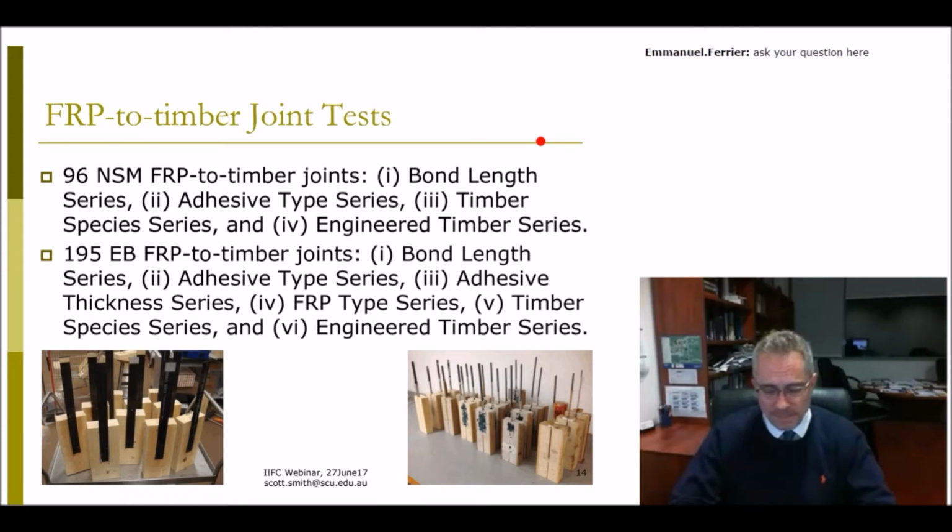Now, the adhesive type and the bond length are all real fundamental properties which researchers have investigated for FRP to concrete and steel to masonry over the years. It was a matter of time before we had to look at these for FRP to timber. These photographs here show a typical externally bonded joint on the left,